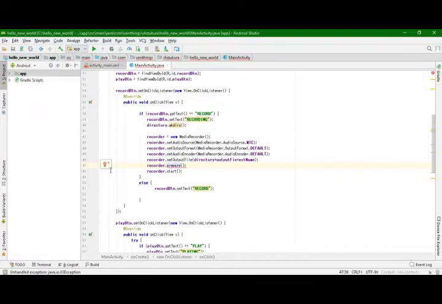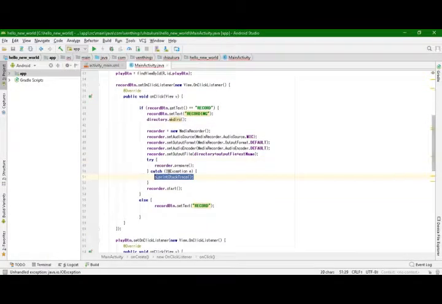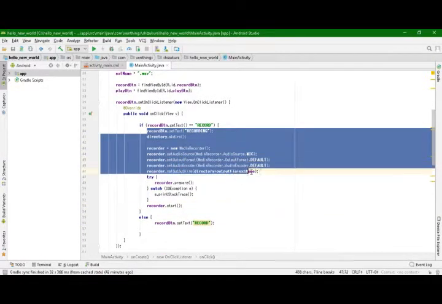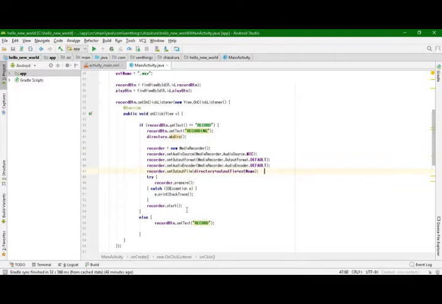That's right, we need to surround with try catch so that if there's something wrong, the exception will catch the error and do the print stack trace. I guess there's nothing wrong here for now, and I think the recorder will start